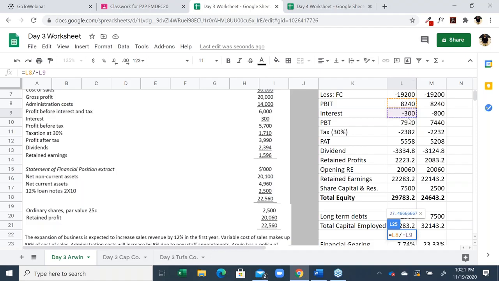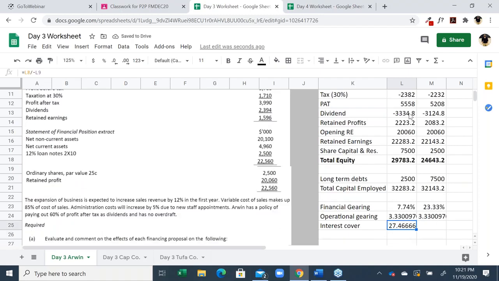So we have to pay a $300 interest. We have $8240 of profits. So how many times profit do we have against our interest payment? It's 27.46 times, quite high. And we have 10.3 times in case we go for debt finance, still very high. A 3 to 4 times interest cover is usually considered a good one. So it's still 10.3. Then now comes EPS,